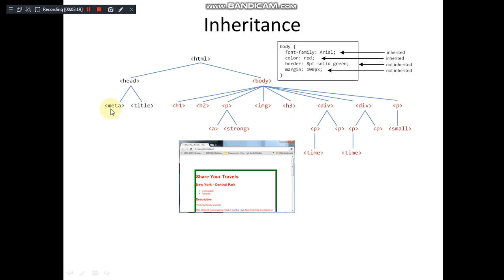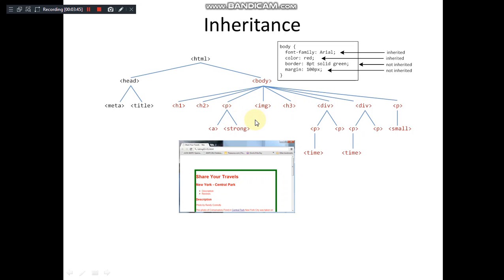All those come under the head section. In the body section, if you look, it has several headings, H1, H2 level headings, paragraphs, and within a paragraph we have a hyperlink. Such a structure may be formed, even though we are not able to see the complete code of this particular output.